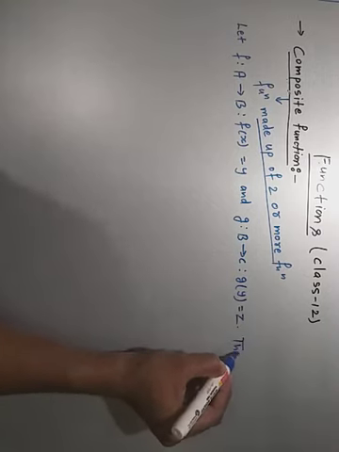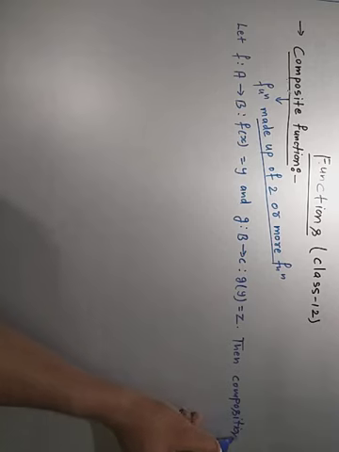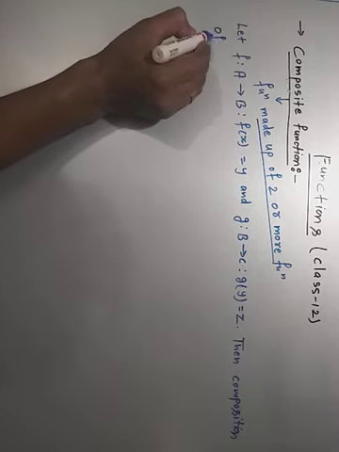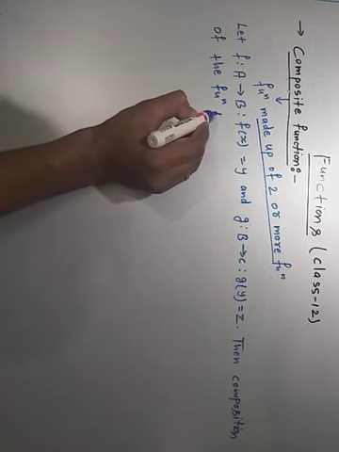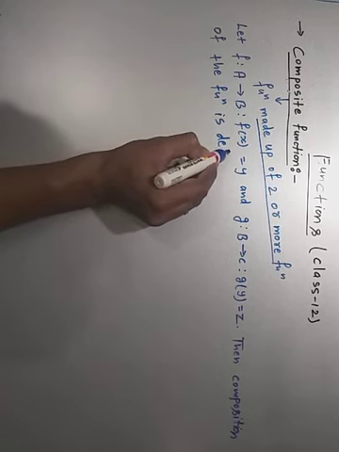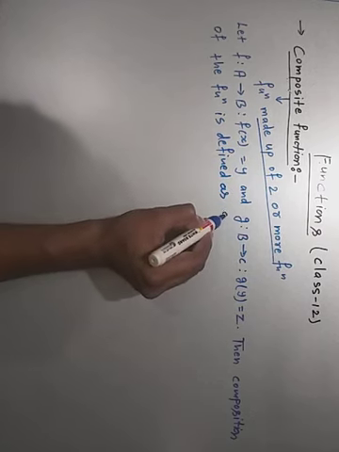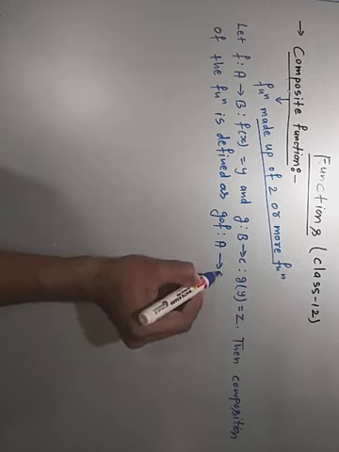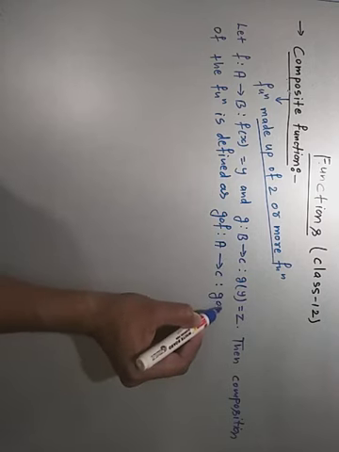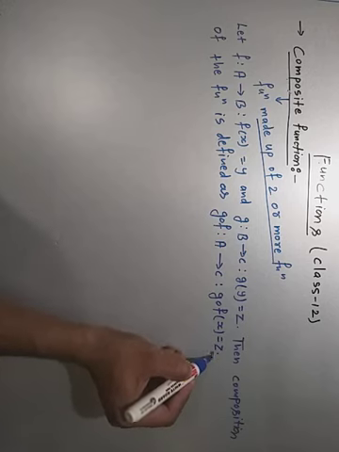Then composition of the function is defined as gof defined from A to C such that gof of x is equal to z। ये डेफिनेशन है, इसको हम